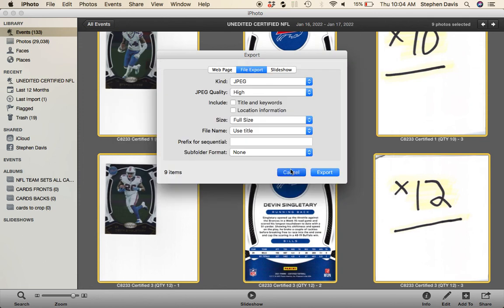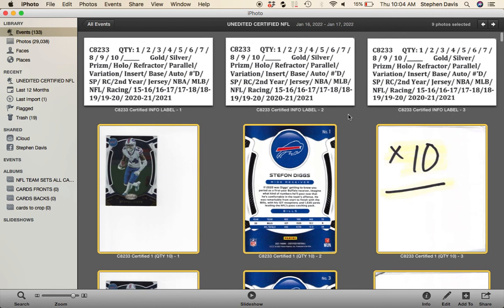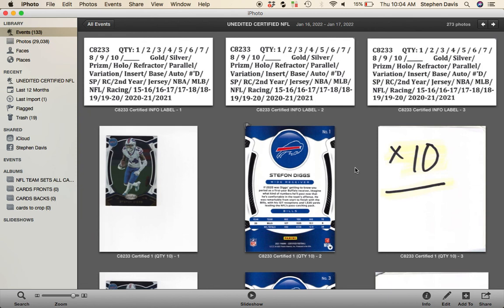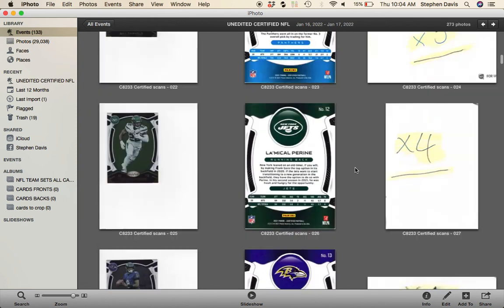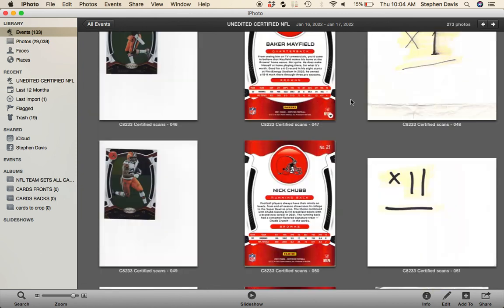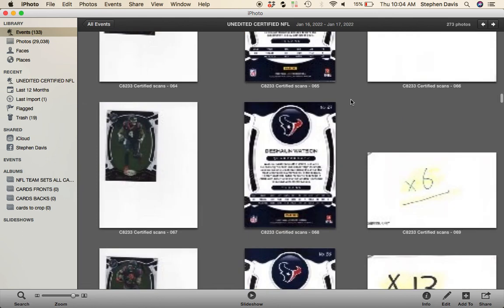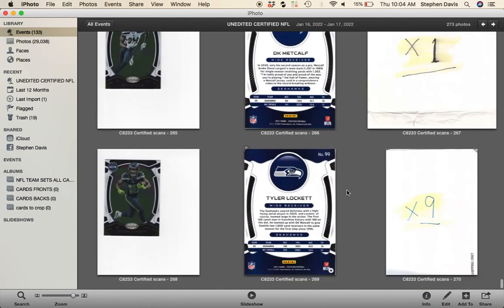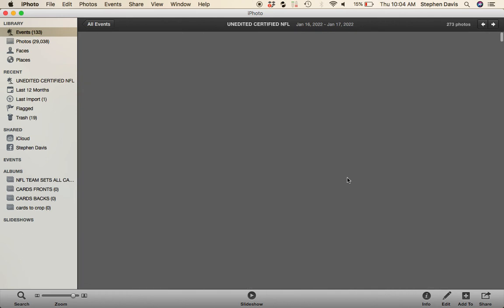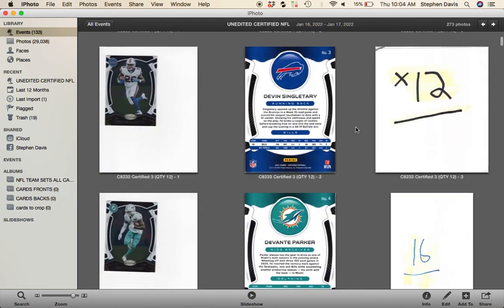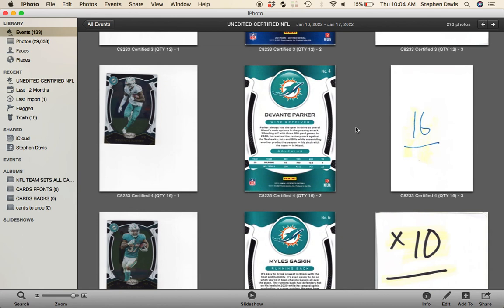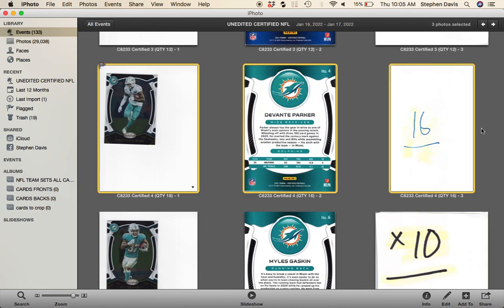that is the way to quickly rename the files for a large quantity of pictures in a short amount of time. So like this folder has 273 photos, all football cards from the same set of football cards, but you're not actually renaming 273 photos. You're not doing 273 edits. You are simply doing small batches of 3 photos at a time, which means you're really only doing about 91